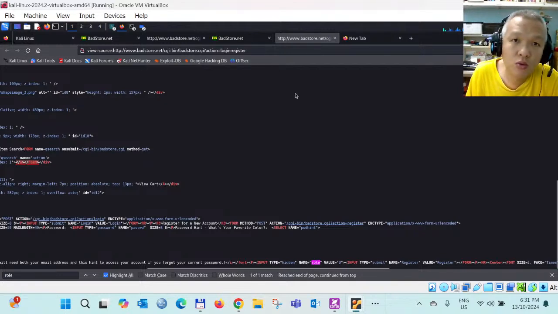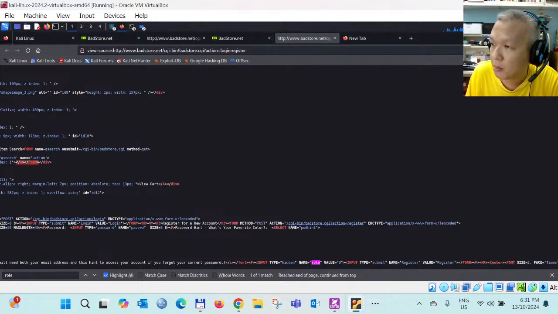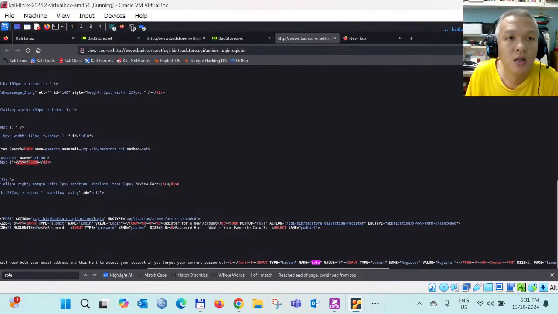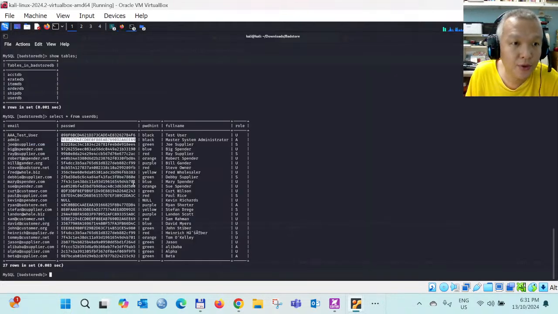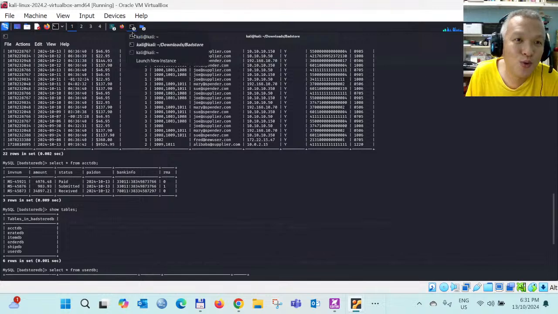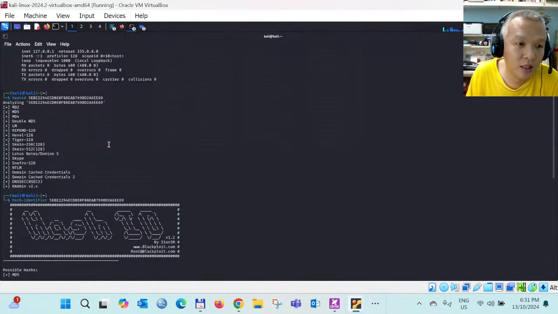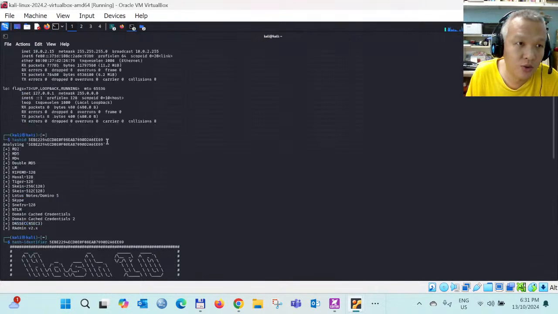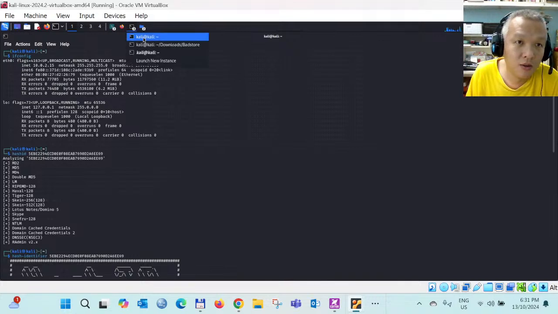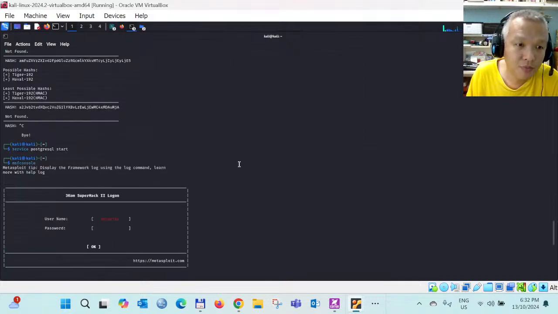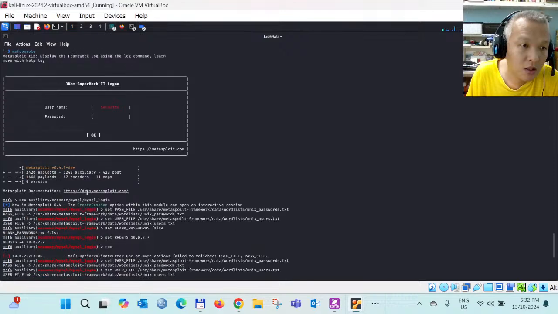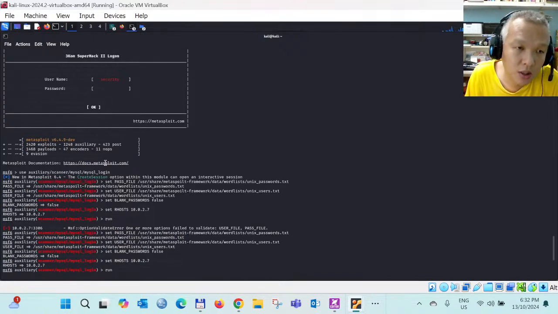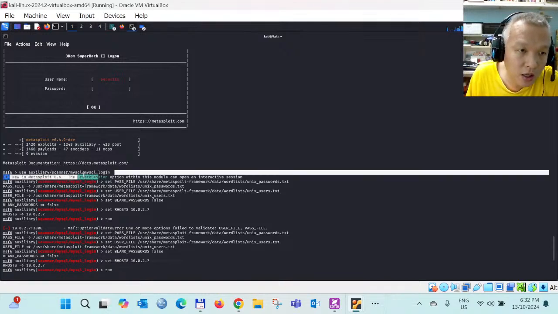we need to do Metasploit. Apologies, not this one. Yeah. So based on the exercise, we need to use this